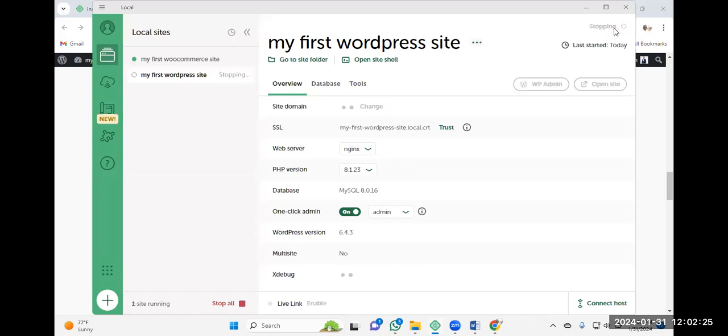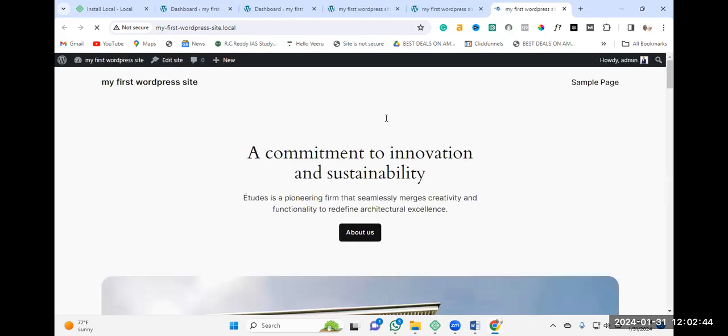Stop site. The site was not stopped, and then open. And again it is starting. So anyhow, you can stop the site as well. So this one also started, friends.